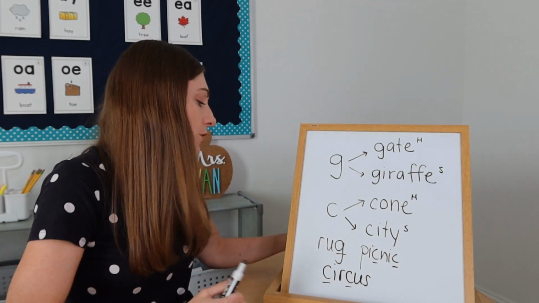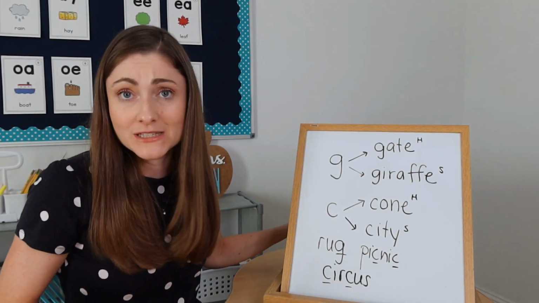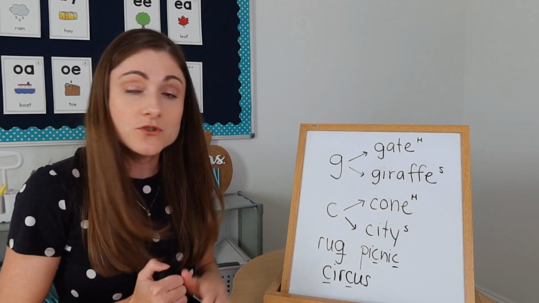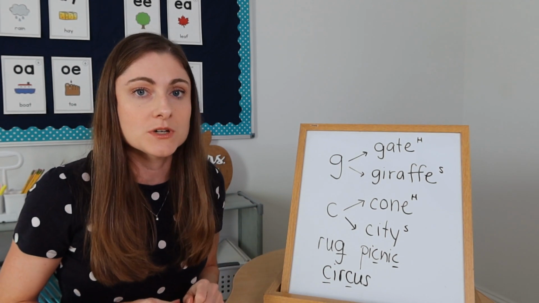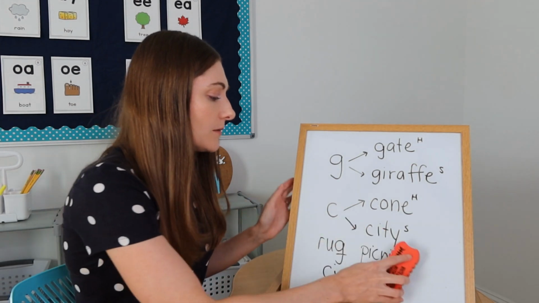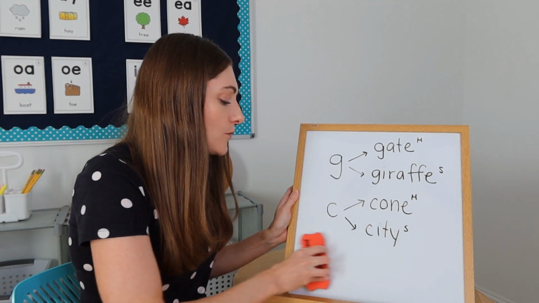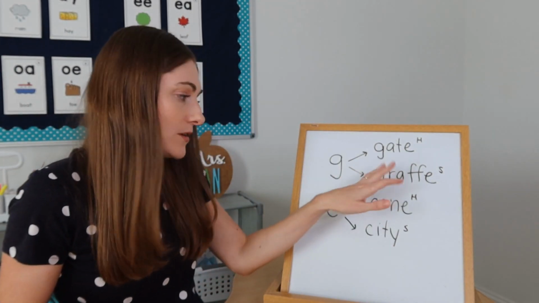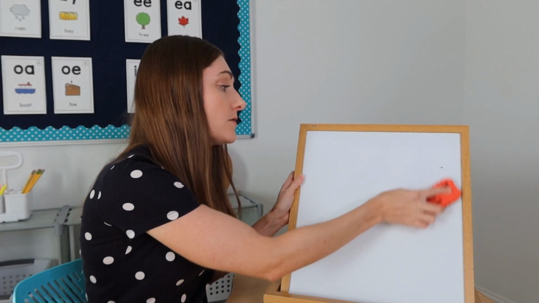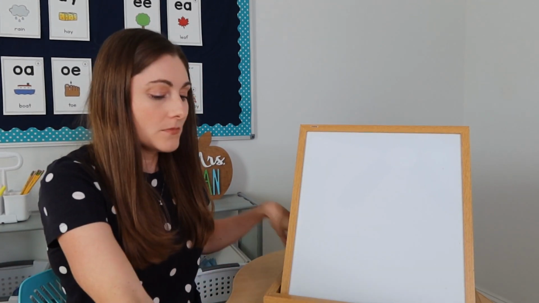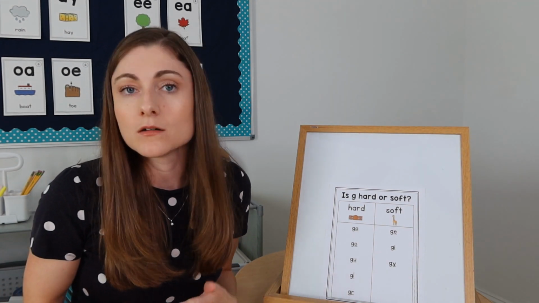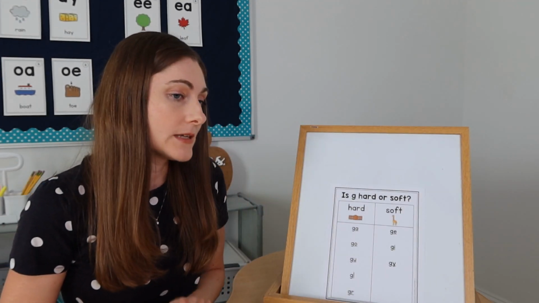So lots of different stuff you can do with this, but again, my main emphasis in K-2 is really just for them to be able to read these words or to know to try 2 different sounds, not so much for them to be able to spell words with these patterns. Now let's talk about one way for kids to know, in addition to just experimenting, if a letter is going to have the hard sound or the soft sound. So I have this little poster. It's for hard and soft G, but it also really applies to hard and soft C.